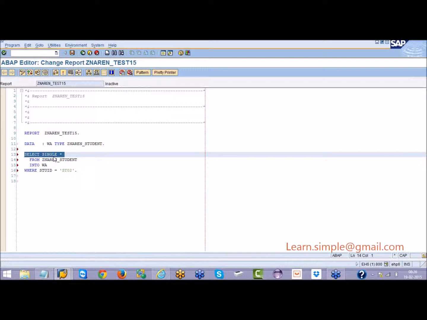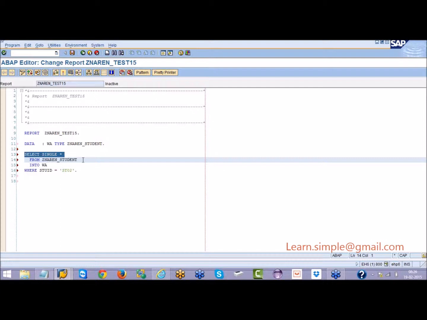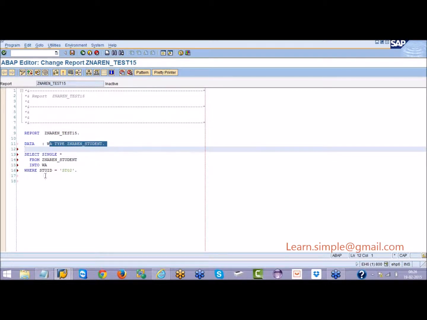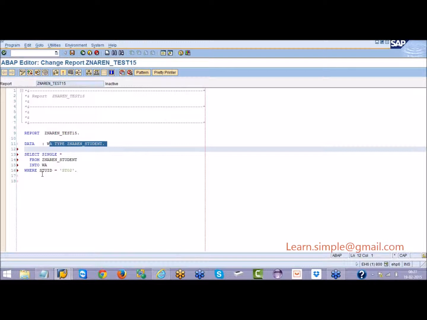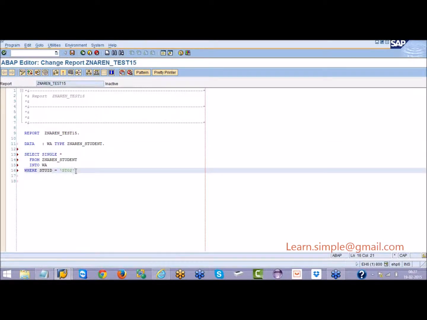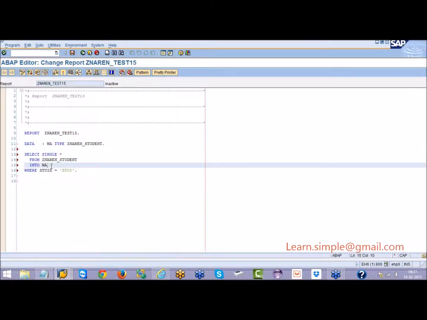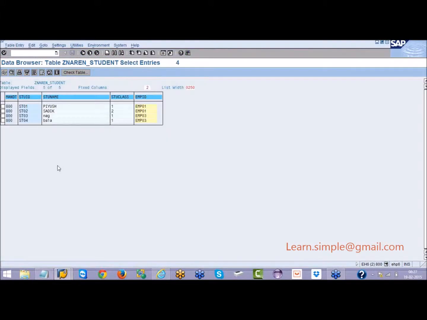Select single, single means one record, star stands for all the fields, from your database table into, and after getting the data, the work area which you have declared on the top. Because the database table has several records, but I want to bring only the record where student ID equals ST02. So after this step, your work area will be filled with the student 02 related record. That means this record will come into your work area.